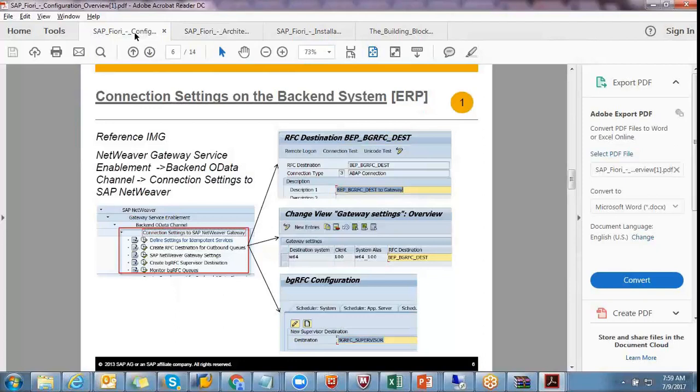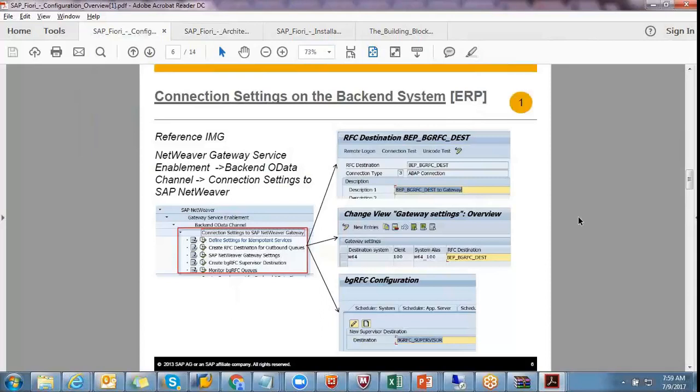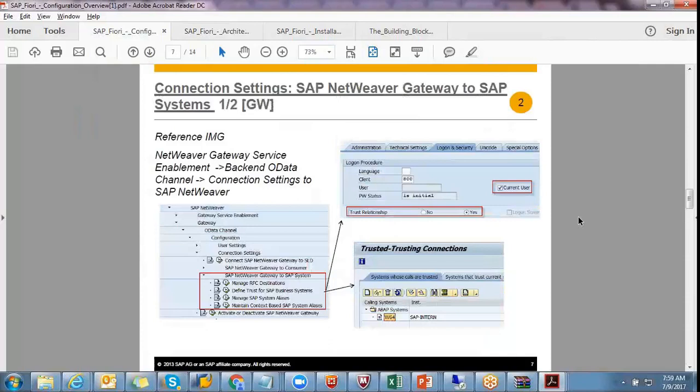Okay, so we have to create the RFC connections. After generating the RFC connection, this is all basis activities, but you must be aware of this concept, so you can talk more in interviews. Like you can say you worked on end-to-end implementation on Fiori or S/4HANA. So RFC configuration and